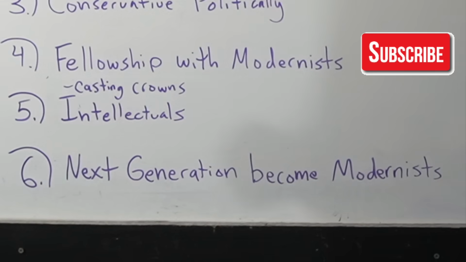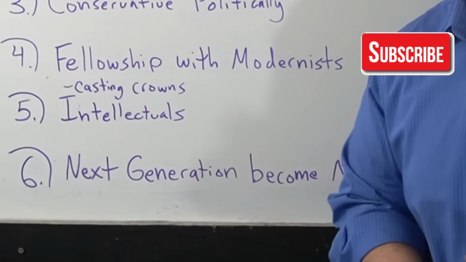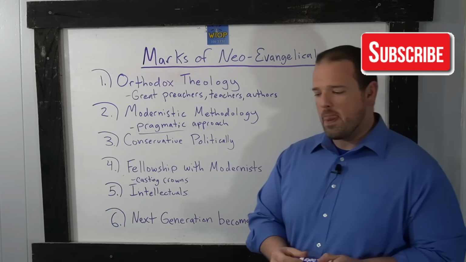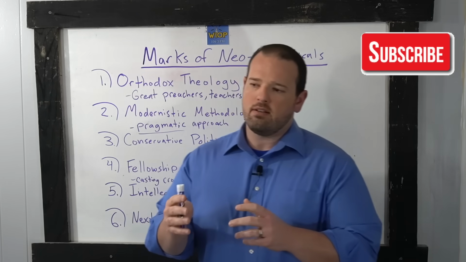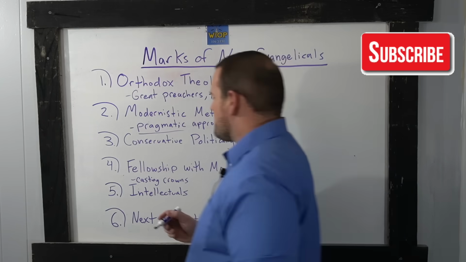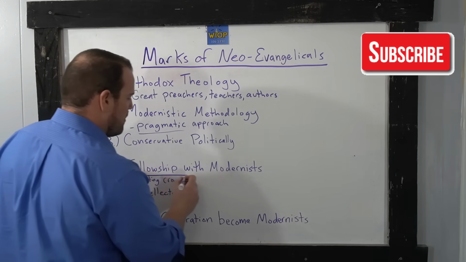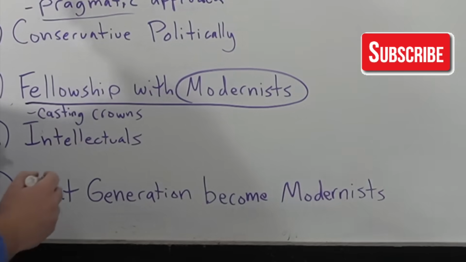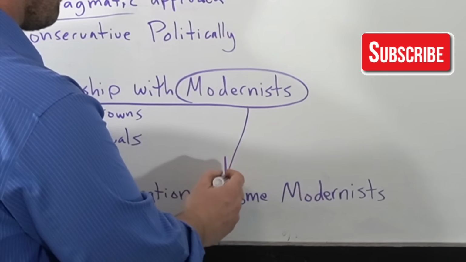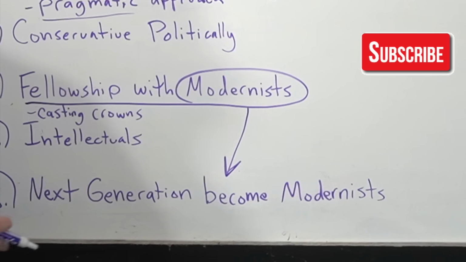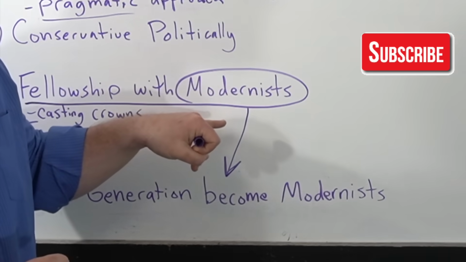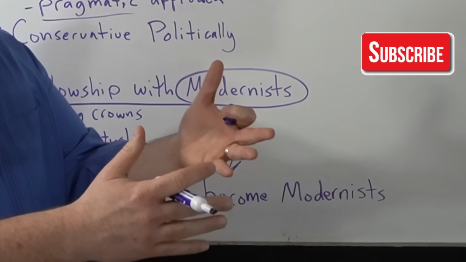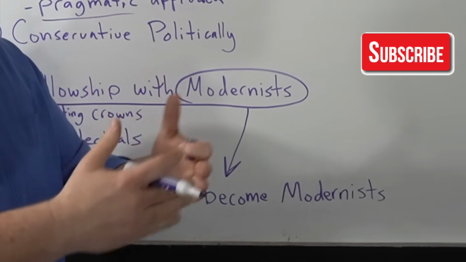Last thing here, number 6, I want you to know this about Neo-Evangelicalism, is that oftentimes a Neo-Evangelical, the next generation, oftentimes becomes modernistic. And what happens is that these Neo-Evangelicals, because they absolutely refuse to break fellowship with these modernists, they bring them in, they use their Sunday school literature, they use their music, they take their kids to youth conferences where modernistic people are preaching, like the Passion Conference, and they absolutely will not call out the modernist, unless it's some extreme example like the Hillsong and Bethel, that kind of stuff. They won't call them out, and they won't put a wall between them. They won't break fellowship with the modernists.